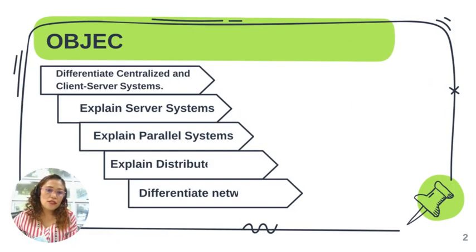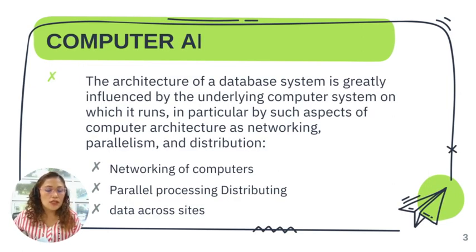So the objectives of this topic is mainly for you students to differentiate centralized and client server systems. You should be able to explain what these server systems are, explain parallel systems, and then explain also the distributed systems. Then you should also be able to differentiate network types. So let's start